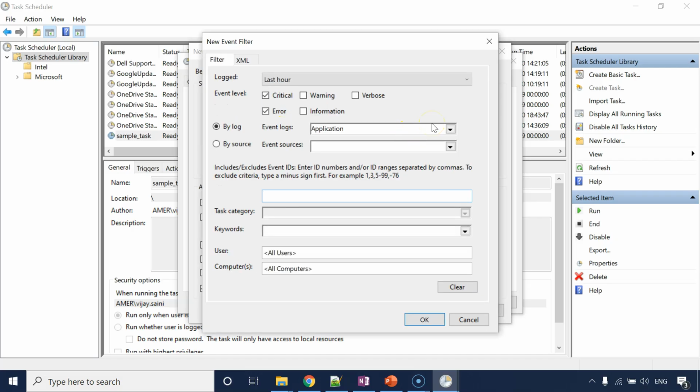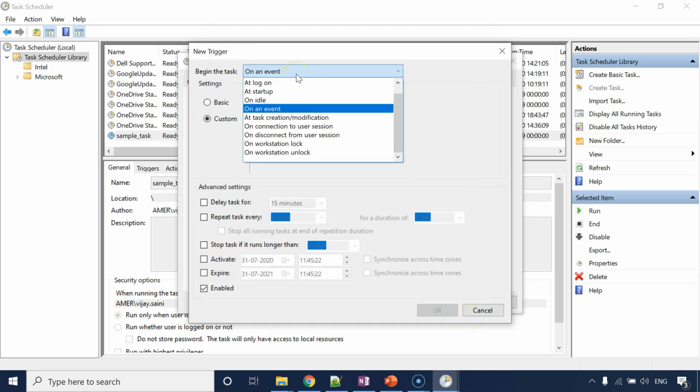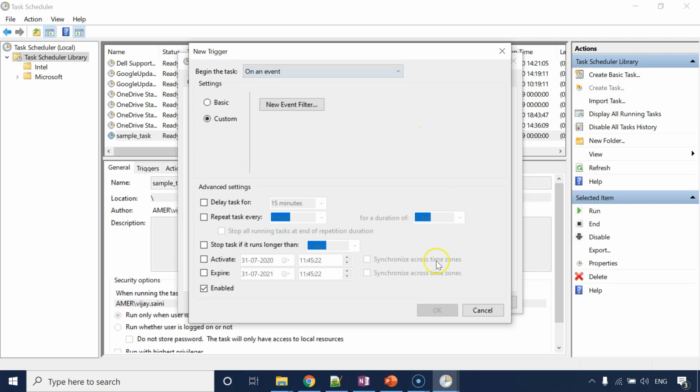In which log you want to search, what is the event ID, keyword, etc. you can define, and whenever this particular event occurs, your task will get triggered, right? I'm canceling this. So similarly, you can choose the right option from here and then define your trigger.